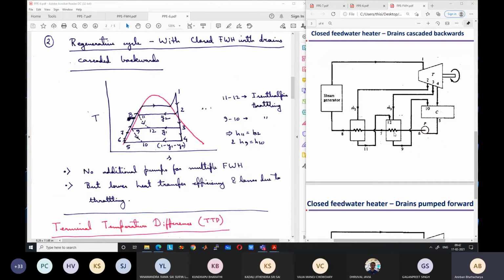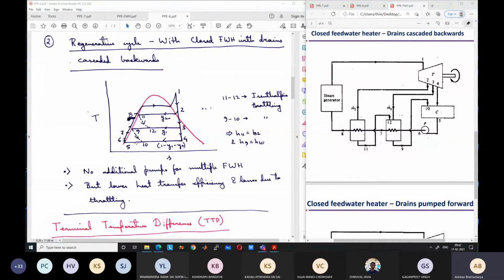So here we have Y1 plus Y2. This Y1 plus Y2 amount of liquid water again is expanded in the expansion chamber, which is the throttle, and due to sudden expansion the pressure drops, and we have some amount of liquid water plus vapor coming at state 10. This gets mixed with the steam that is coming through the condenser, and after mixing the total amount gets converted to liquid water. So the entire amount of liquid water passes to the boiler. This completes the cycle.